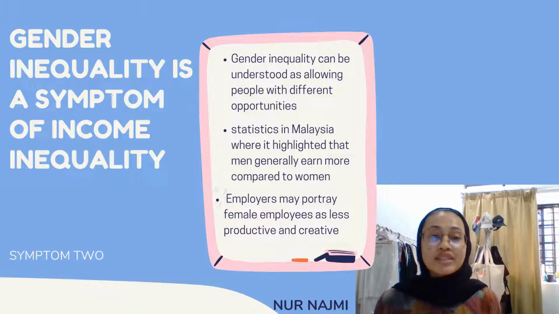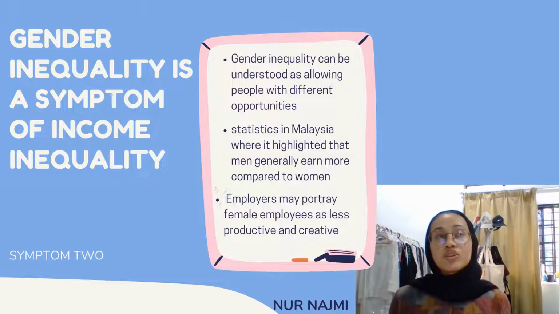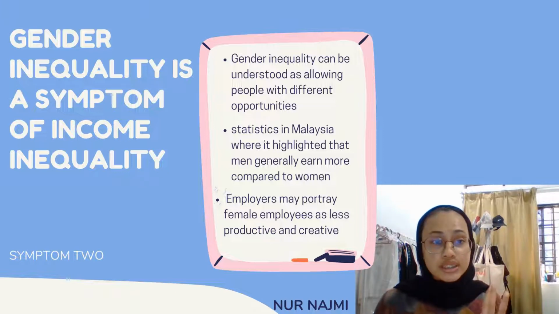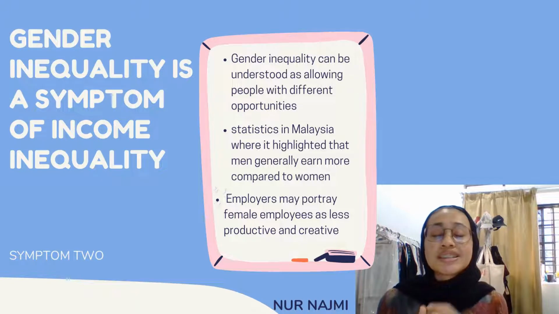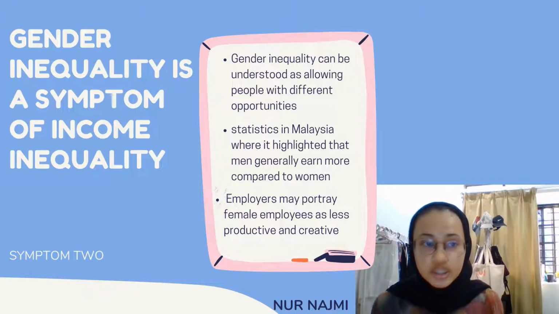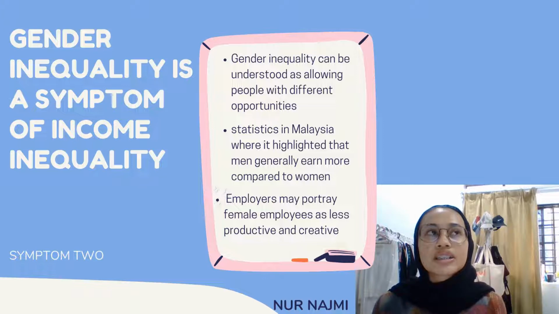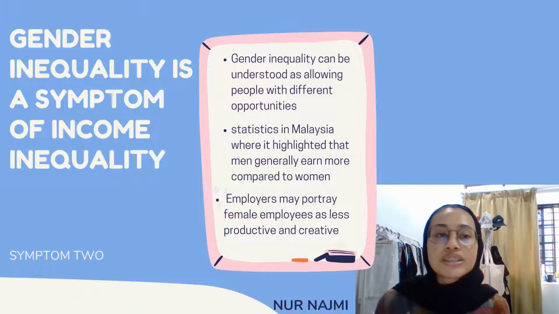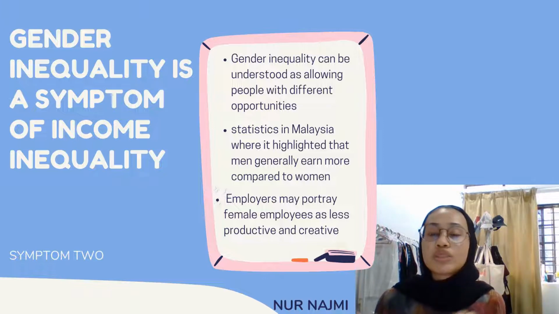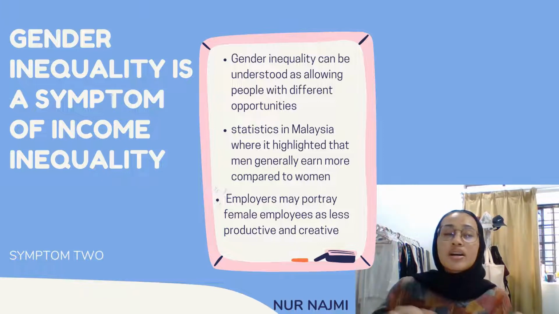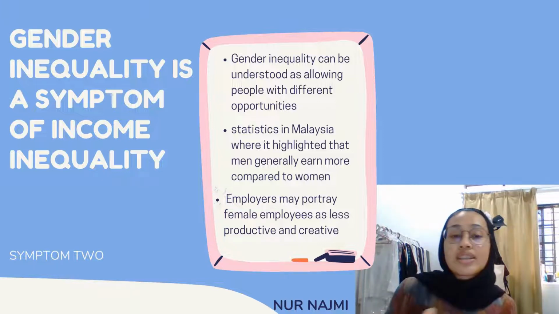So we have identified gender inequality, which means that in this modern time, though there is still a surge in both women's and men's participation in the workforce, they are still experiencing a wide gap in income distribution. So gender inequality can be understood as allowing people different opportunities due to perceived differences based on what we call gender. So gender inequality and gender discrimination lead to income distribution, where they are interrelated with each other,